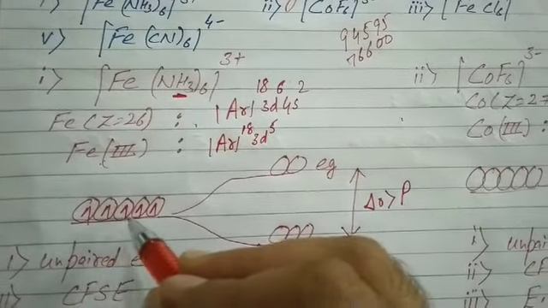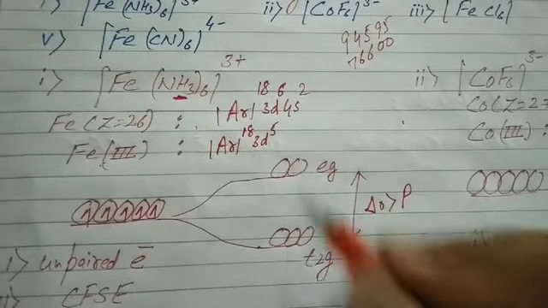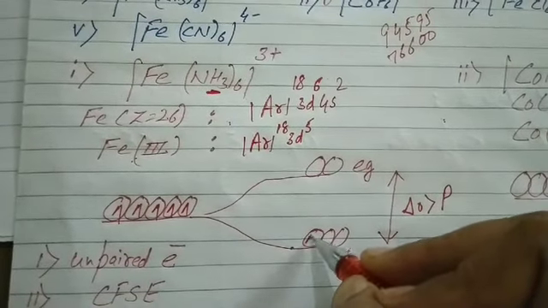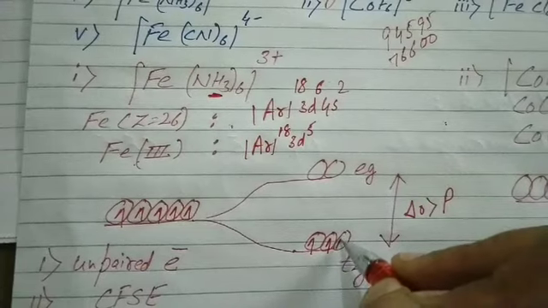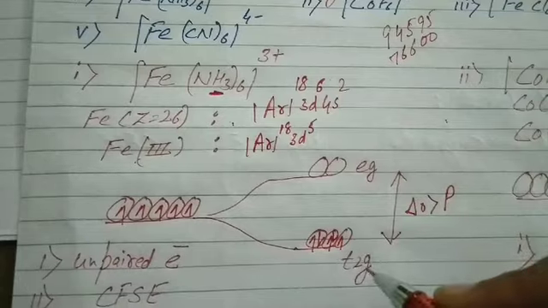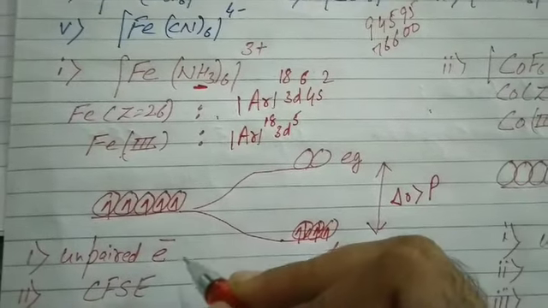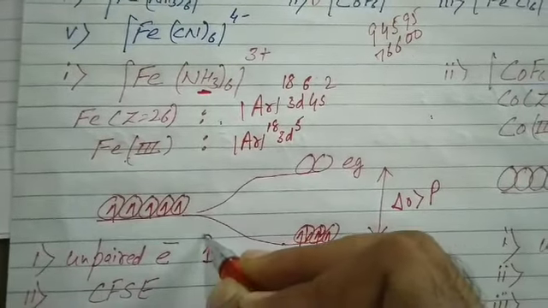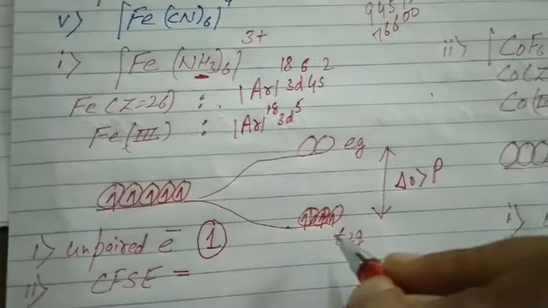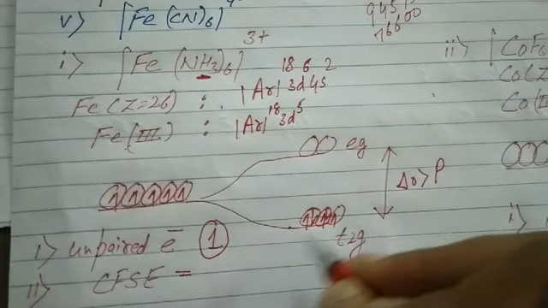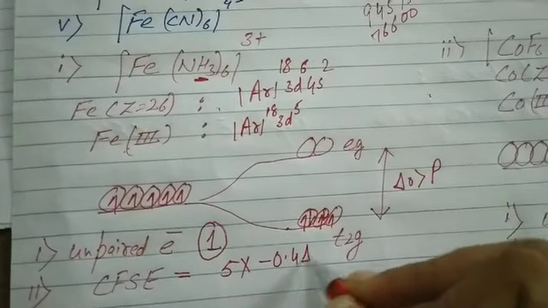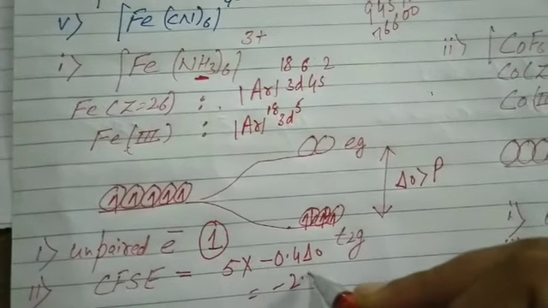Now I have to add these 5 electrons in the t2g or eg level, but it is a strong field ligand. For a strong field ligand, at first the t2g level is half filled and then pairing starts: 1, 2, 3, 4, 5. What is the possible number of unpaired electrons in the complex? Students, our answer is 1, a low spin complex. What is the crystal field splitting energy? Students, what is the value for the t2g level? At first electrons 5, value minus 0.4 delta naught, that is minus 2.0 delta naught.